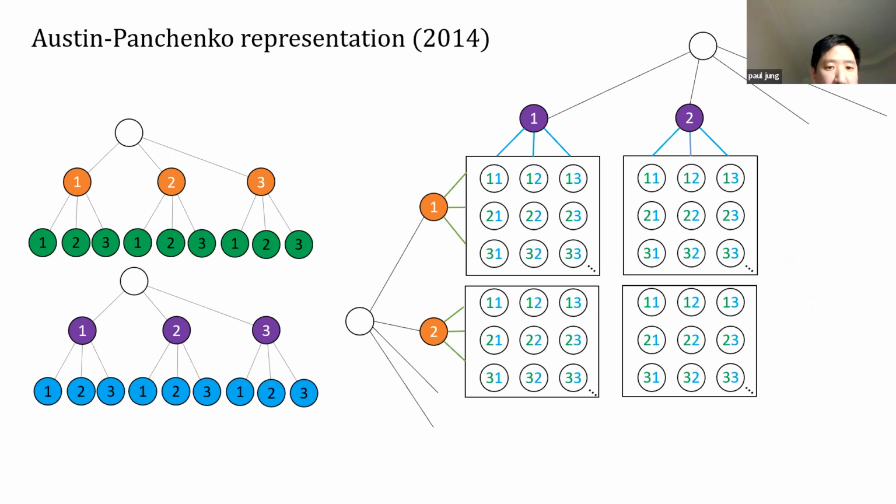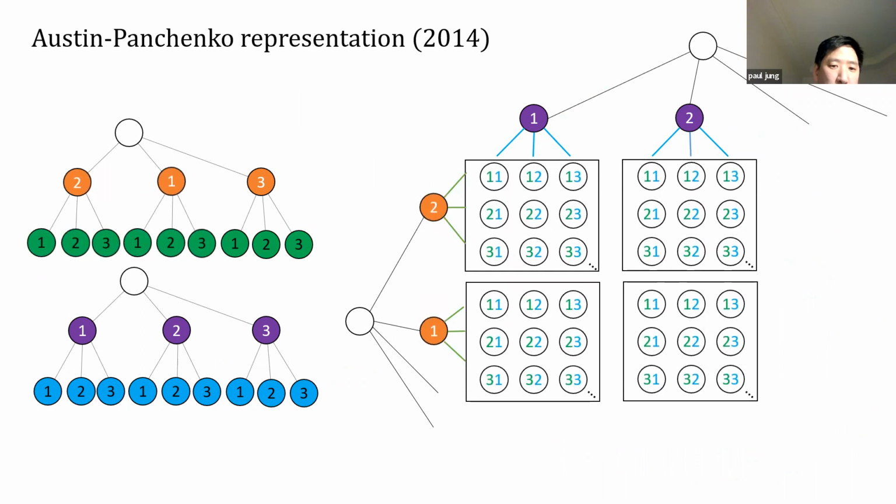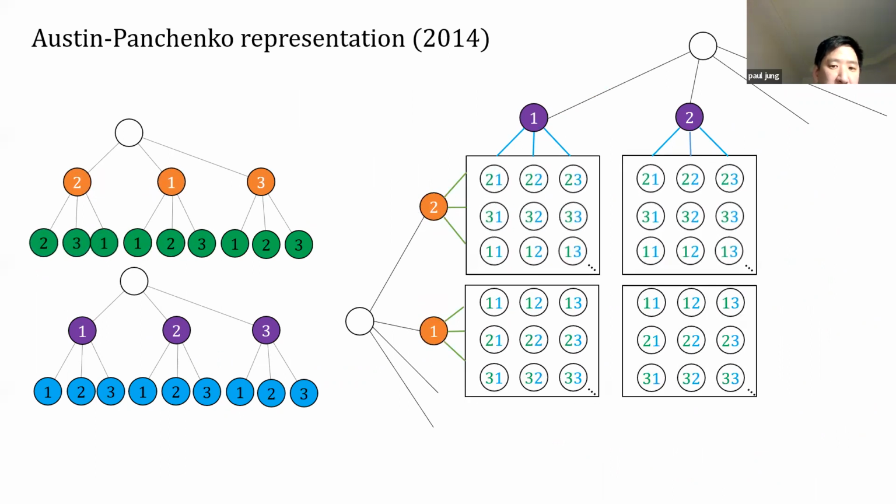Now, if we cross two trees, what are the sorts of permutations that we allow? Well, we can permute these big rows, these big orange rows. We can also permute small rows. And we can do the same thing with the columns. We can permute big columns and small columns.